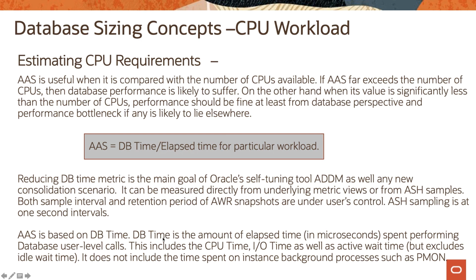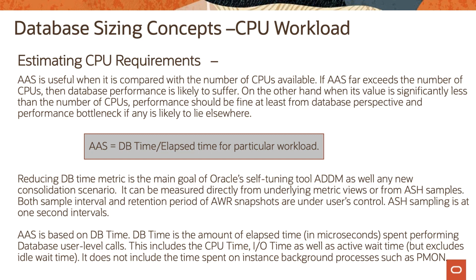So now let's talk about how to size a CPU. For estimating CPU requirements, average active session plays an important role. That is compared with the number of CPUs available on the system, and if average active session far exceeds the number of CPUs, then database performance is likely to suffer. On the other hand, when the value is significantly less than the number of CPUs, performance would be fine, at least from the database perspective,